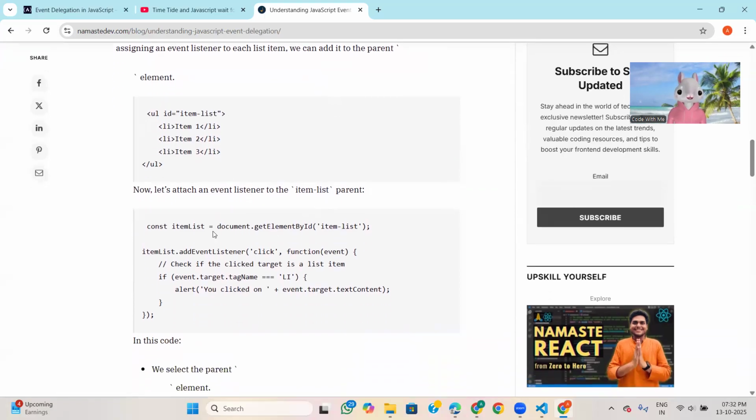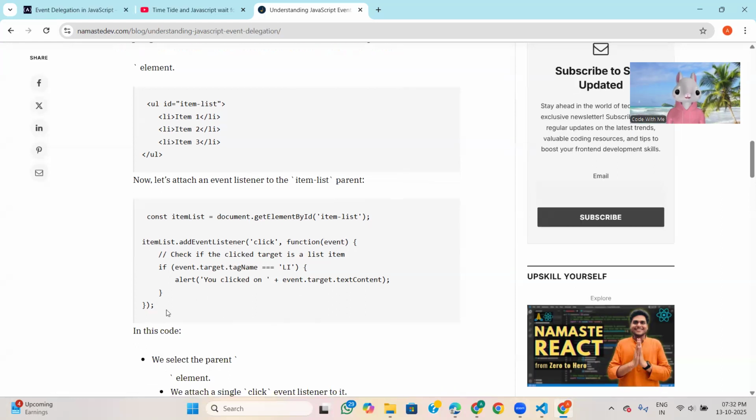Now here we will store that parent element by ID. Now we will apply the event listener here. Whenever we click on it, it will check if the tag is li, then an alert will come with whatever the content is, it will try to print.